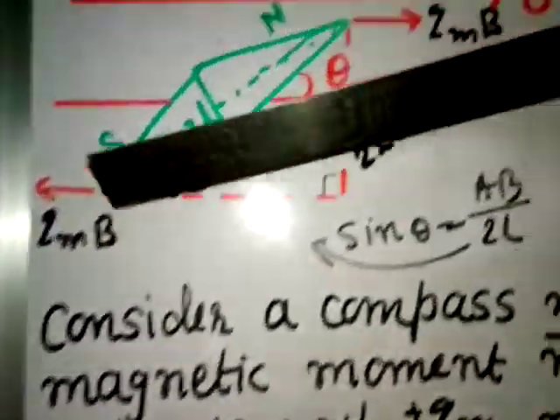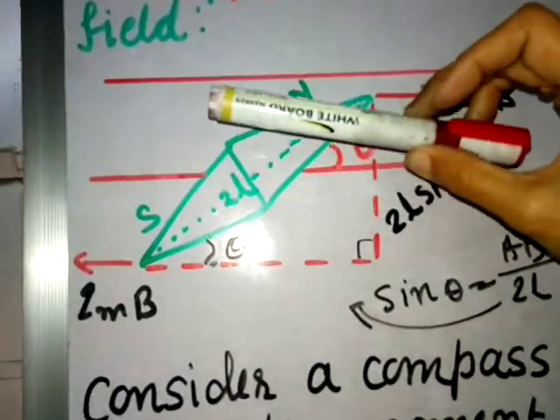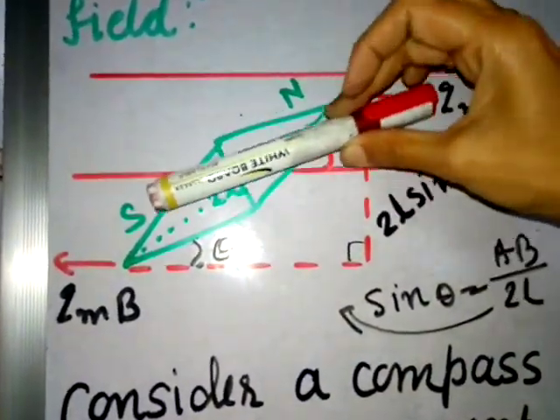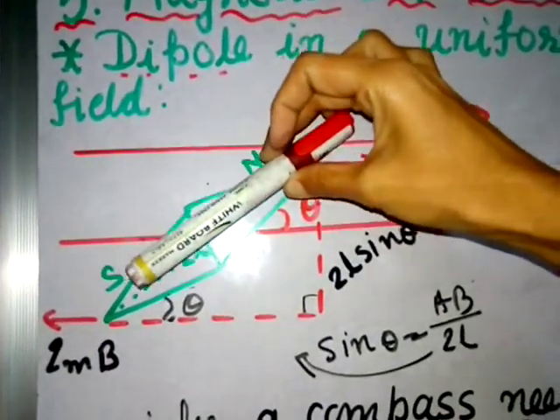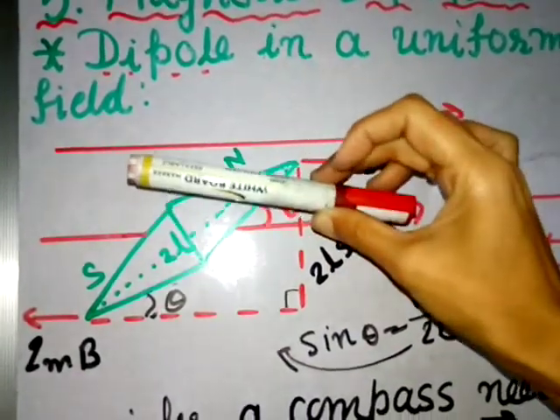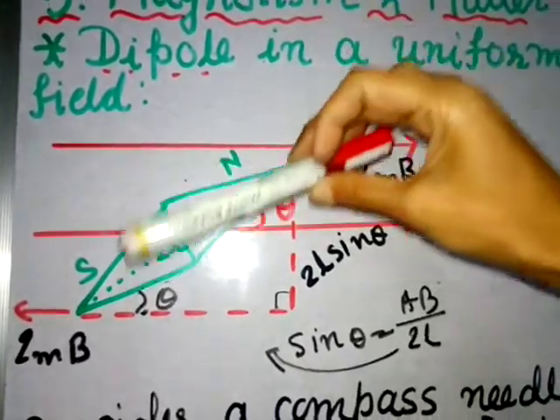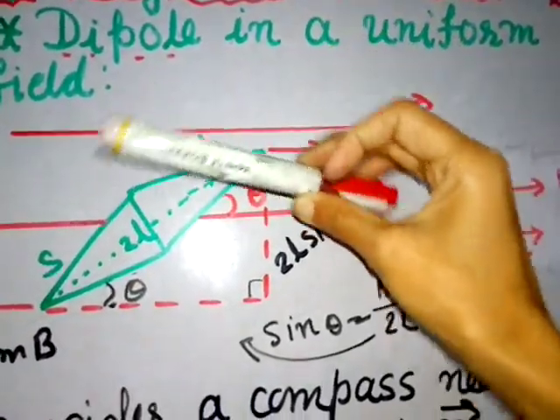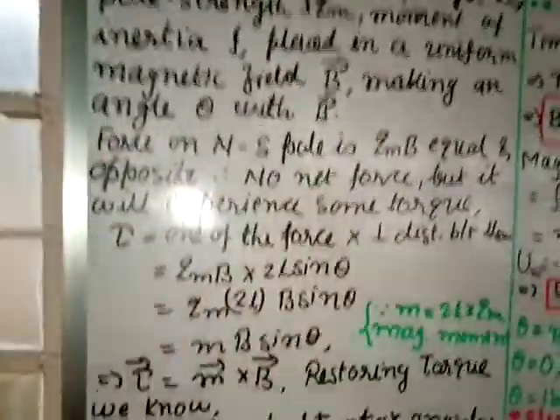See what happens if this dipole is like this, and you give some force and tilt it, you twist it. There will be some energy stored here, and if I release this, it will move like this. It will try to come into the stable form. So when I do this, that means I am giving some torque. So there will be another torque which is the restoring torque. So this torque will be called the restoring torque.